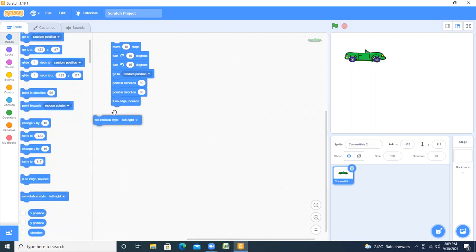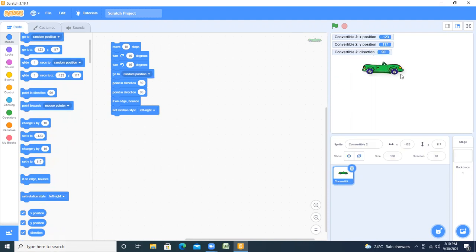Set rotation, left, X position, Y position, then this position. Now I'm moving this, and the position is now showing. When we move this sprite, automatically the X position and Y position are changed.